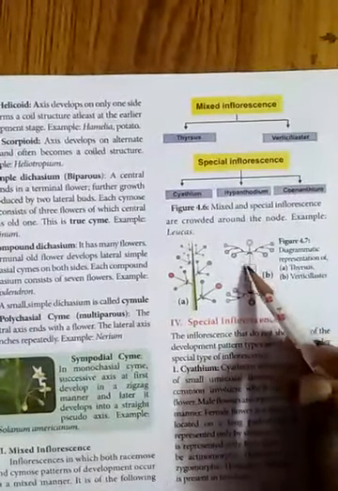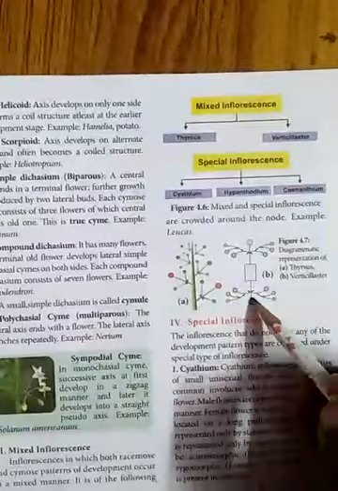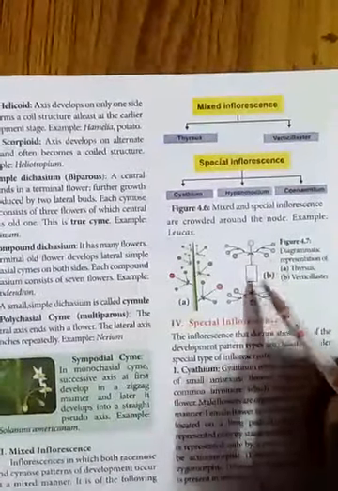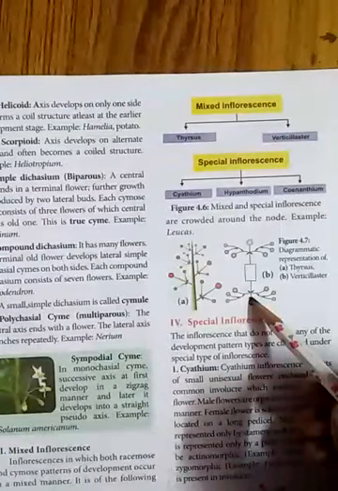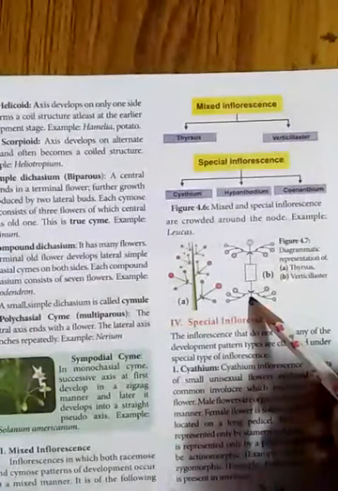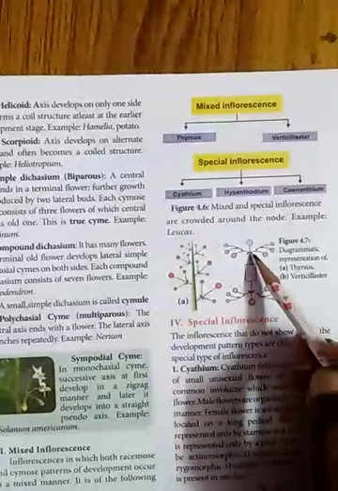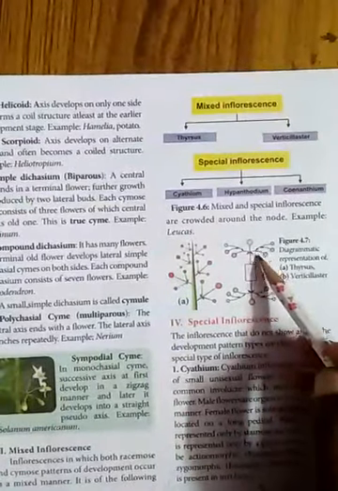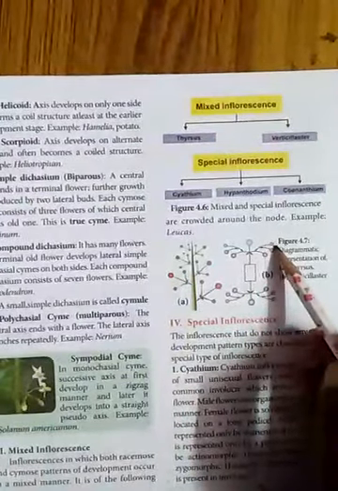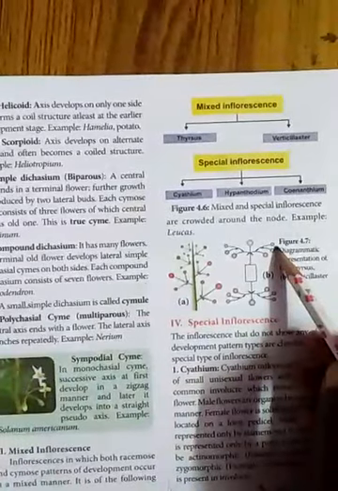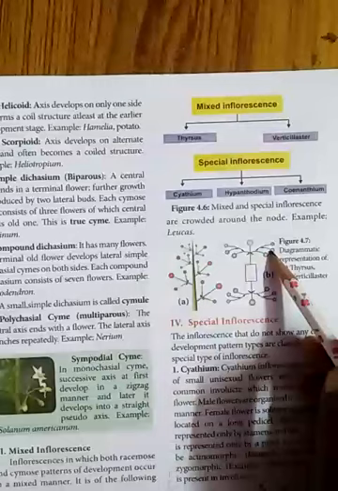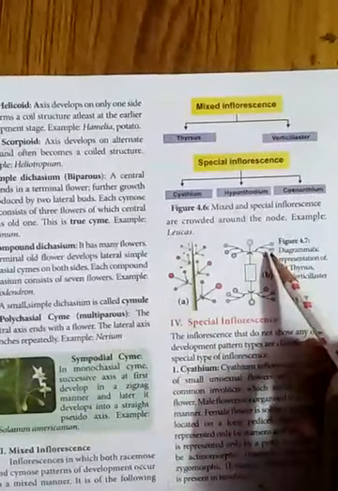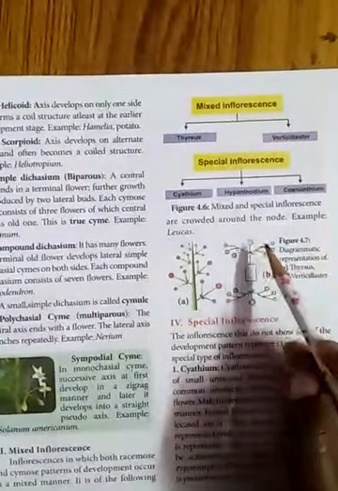So main axis bears two opposite lateral sessile cymes. Okay, these are the two cymose branchings present there at the axil of the node. Now each of them produces the monochasial scorpioid branches. Monochasial, as we have studied, the branching will take place only in one direction. So here at the axil of the node, each of them produces monochasial scorpioid lateral branches, so that the flowers are crowded around the node.